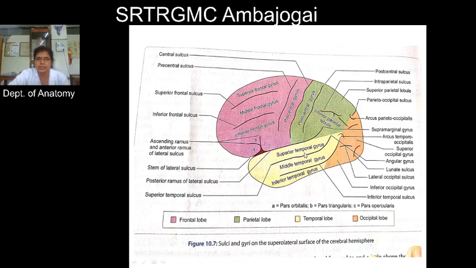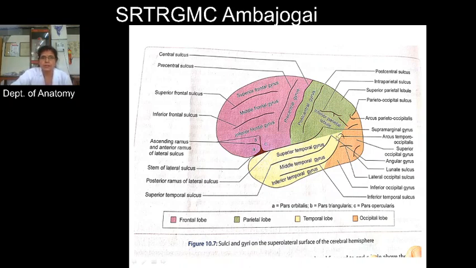Then we will see about the sulci and gyri on this temporal lobe. So this temporal lobe has 2 sulci and 3 gyri, and these sulci run anteroposteriorly, and these are the superior temporal sulcus, and its posterior end is upturned and extends into this parietal lobe. Then the inferior temporal sulcus, its posterior end also turns upward, and 3 gyri, that is the superior temporal gyrus, middle temporal gyrus and the inferior temporal gyrus.